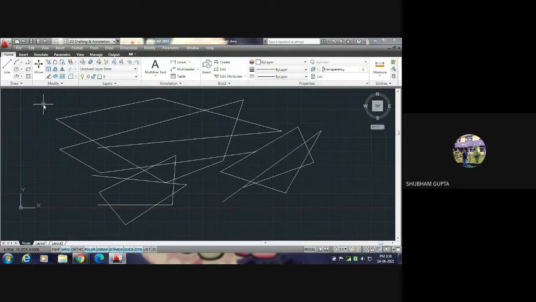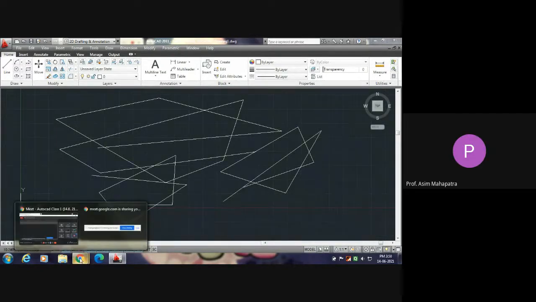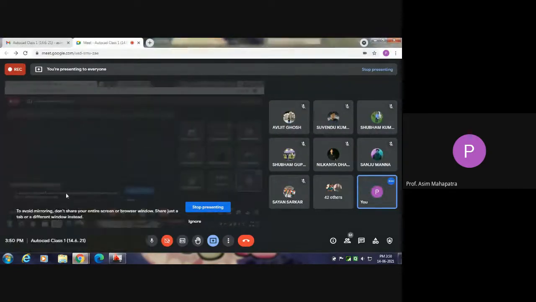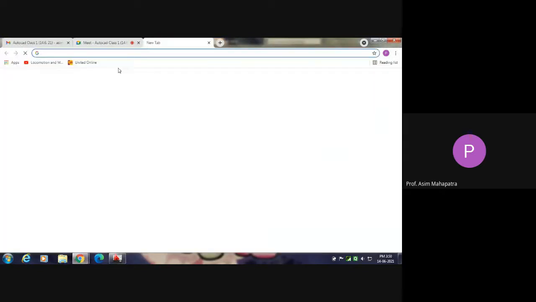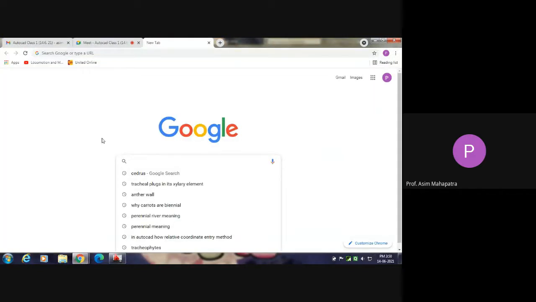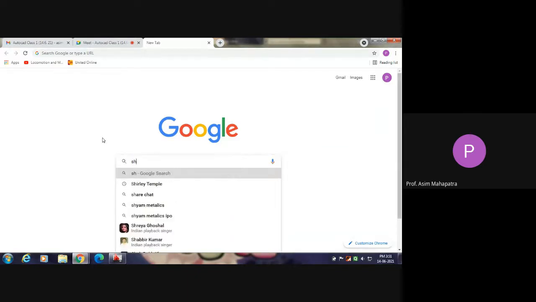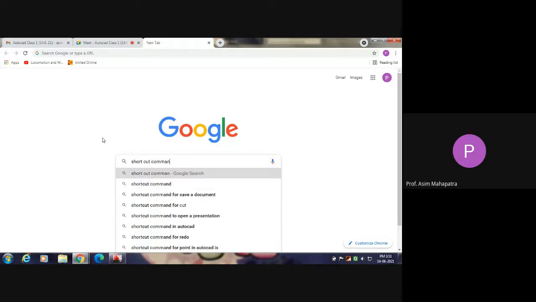Sir, hello. Yes, yes. Sir, from where we get the shortcuts of these commands? Okay. If you require to find out the shortcut of any particular command, you go to the Google search box, and type here "shortcut command of line in AutoCAD."